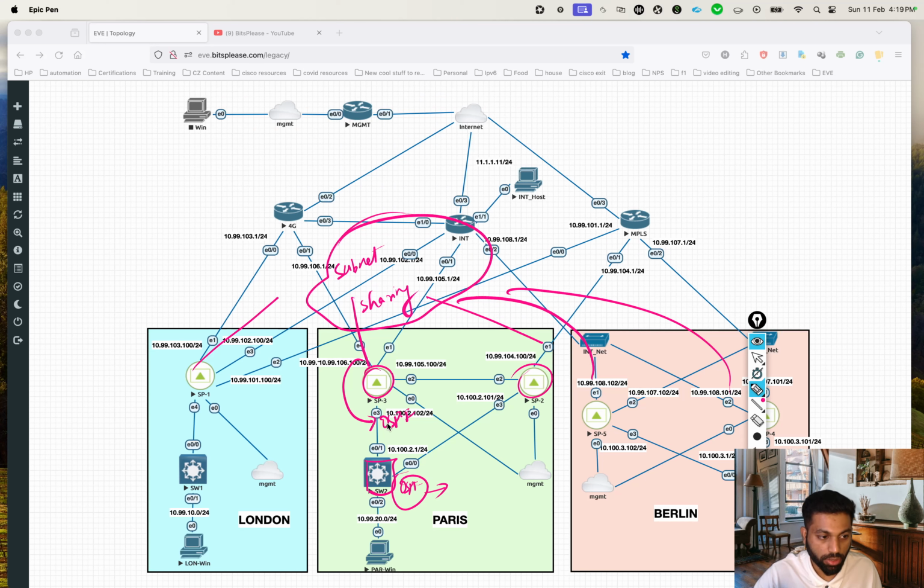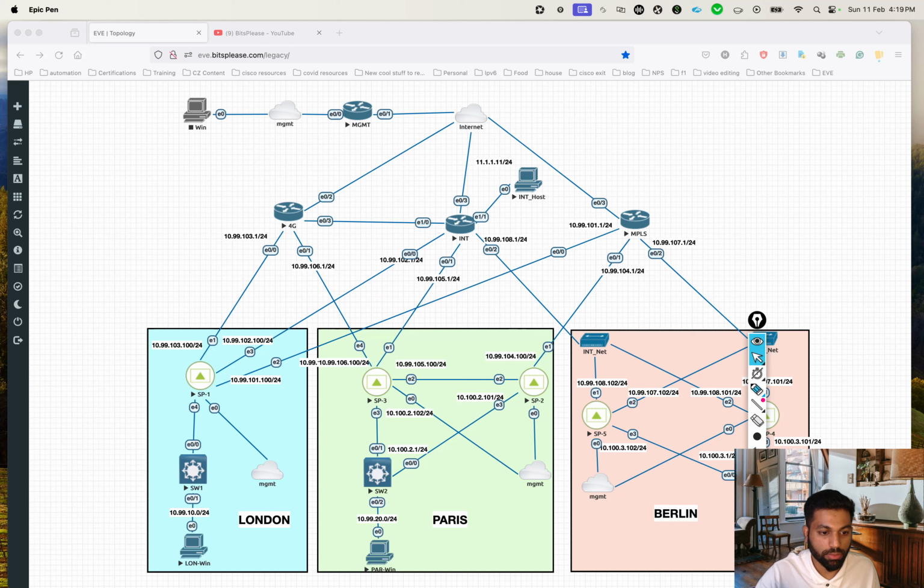That will also be redistributed into OSPF, and anything redistributed into OSPF will have OE, right? Whether it's OE1 or OE2. In our case, it is going to be OE2, right? I'll not get into details on the difference between OE1 and OE2. I think you will be able to figure that out, but that's the reason we are seeing these routes on the switch, right? So if you try to analyze what those routes are,